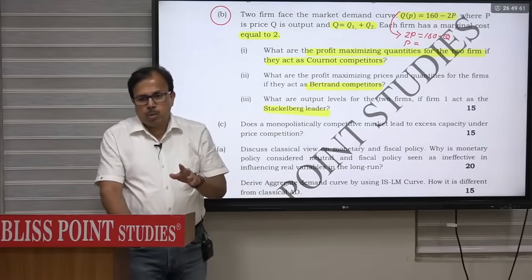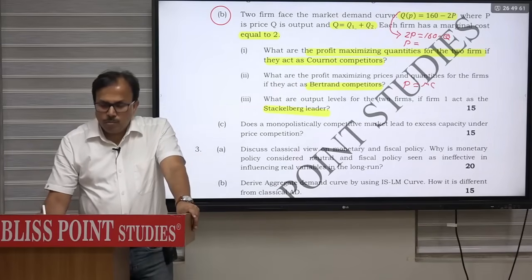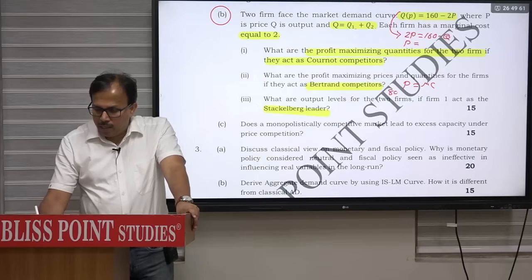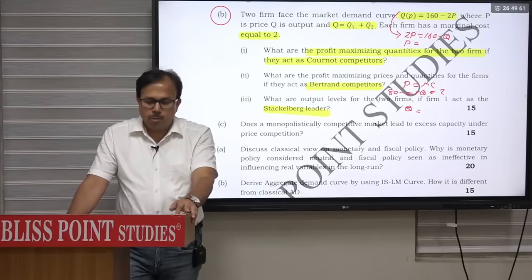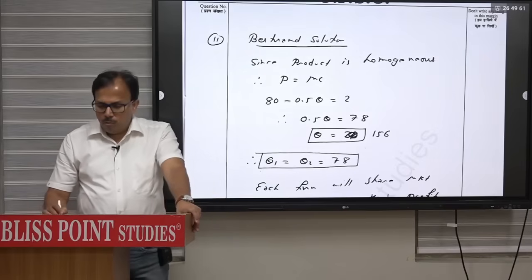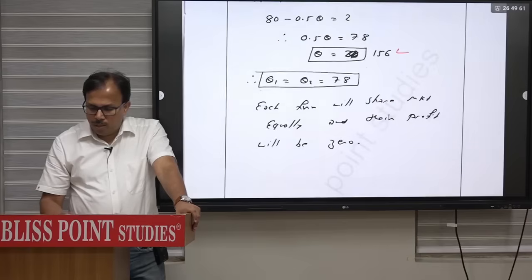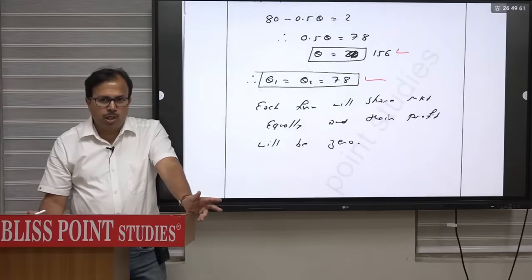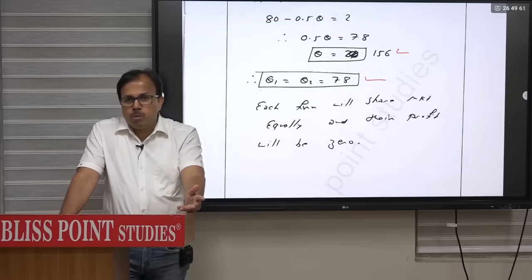और प्रोडक्ट अगर होमोजेनस है तो बर्टन सॉल्यूशन में प्राइस इक्वल टू मार्जिनल कॉस्ट हो जाएगा, P इक्वल टू मार्जिनल कॉस्ट। तो प्राइस की जगह आपने मेंशन कर दिया वो 80 माइनस 0.5 Q एंड MC इज 2, तो यहाँ से Q की वैल्यू कैलकुलेट कर लेंगे, और जो टोटल क्वांटिटी आएगी वो इक्वली डिवाइडेड हो जाएगा बिटवीन टू फर्म्स, फर्म 1 एंड फर्म 2। तो बर्टन सॉल्यूशन डायरेक्ट है, since product is homogeneous therefore price equal to MC, therefore you get quantity as 156 and Q1 and Q2 will be 78 each। इसमें कुछ ज्यादा एक्सप्लेनेशन नहीं करना है, ये एक्चुअली बर्टन पैराडॉक्स है। प्रोडक्ट होमोजेनस होगा तो प्राइस इक्वल टू MC हो जाएगा एंड फर्म्स का प्रॉफिट 0 हो जाएगा।